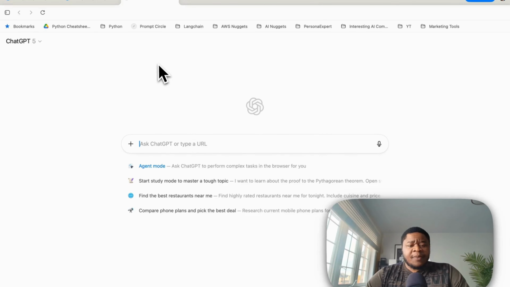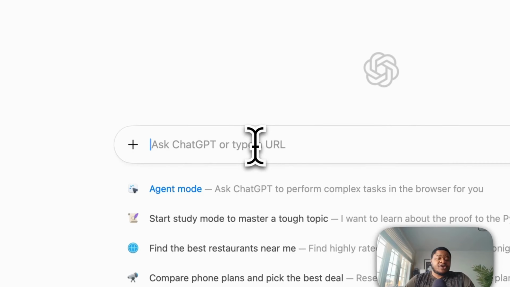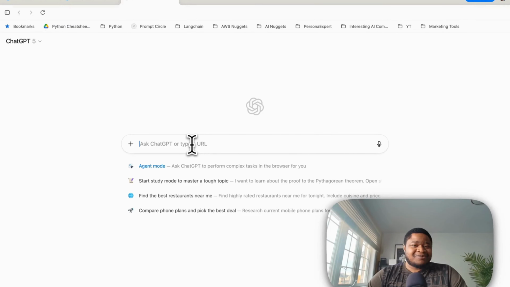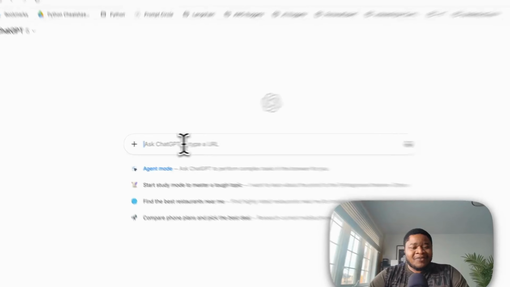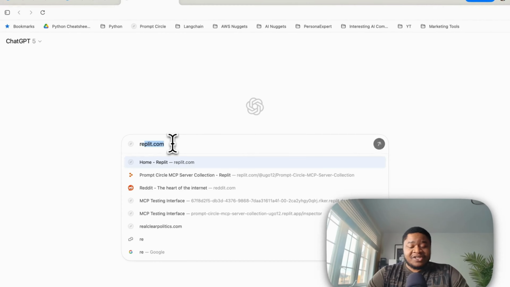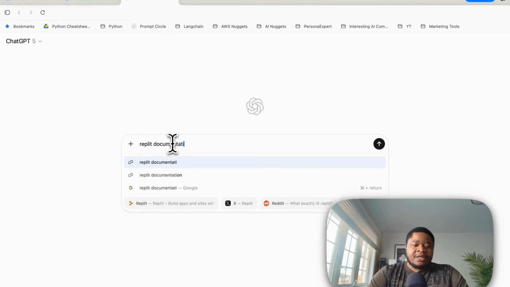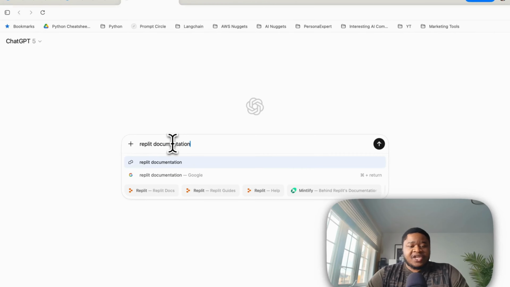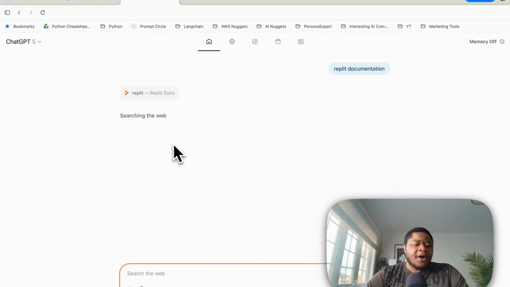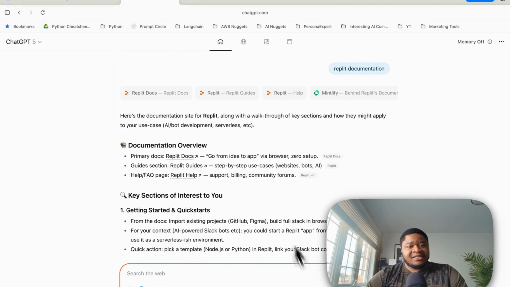So a few things to keep in mind while you're using this. Your default page is always going to be this specific page right here. So this is a combination of both a search and a ChatGPT questioning kind of thing. So let's say I wanted to go to the documentation for Replit. Again, it still behaves very much like a browser, but has this chat interface right underneath,